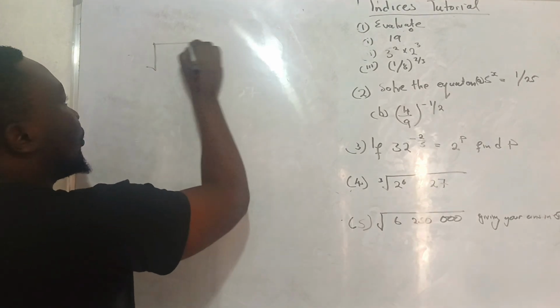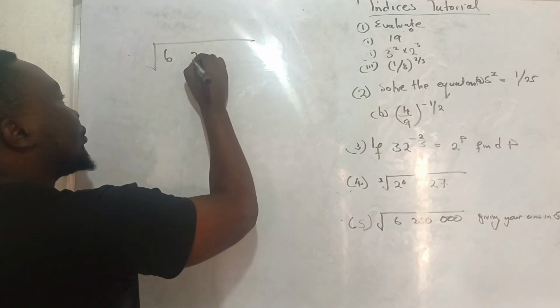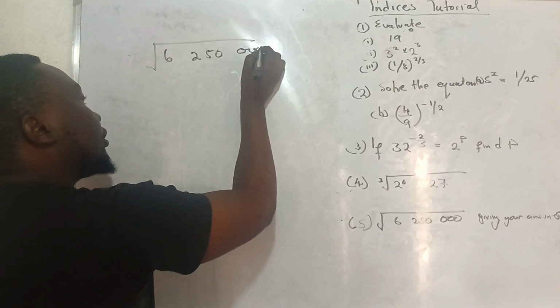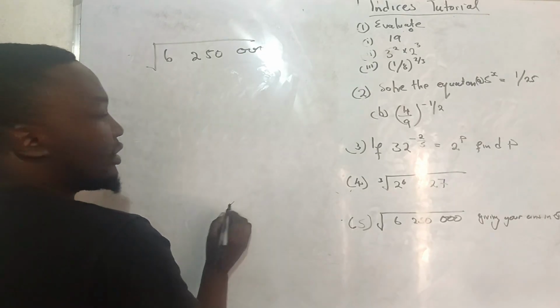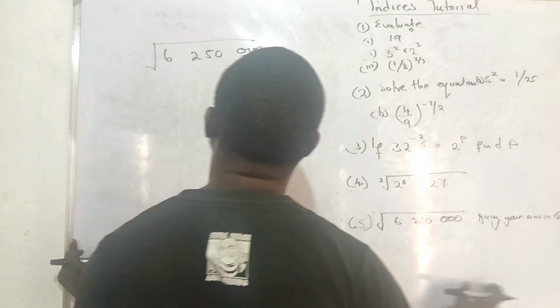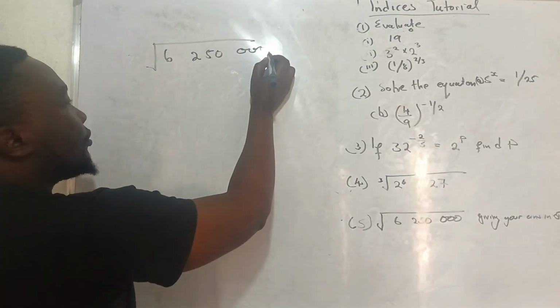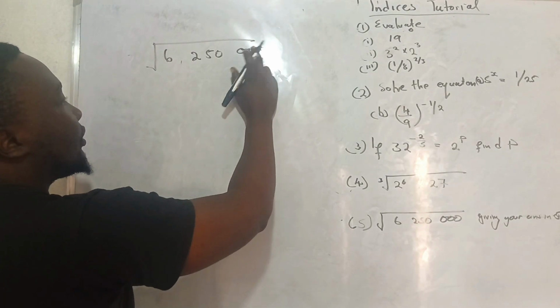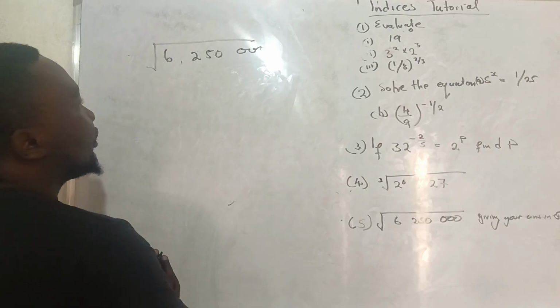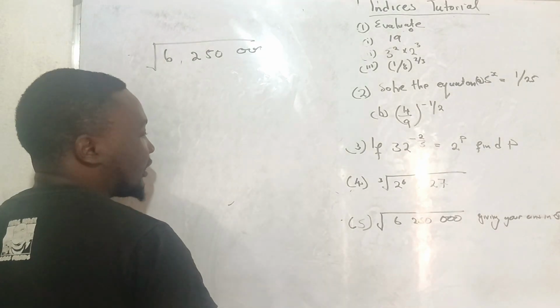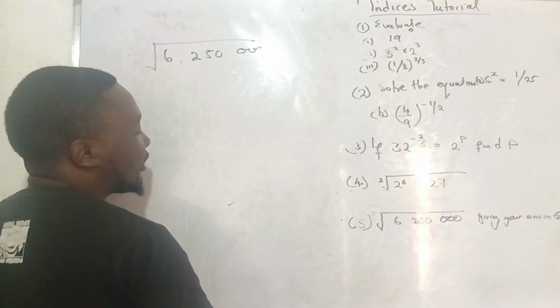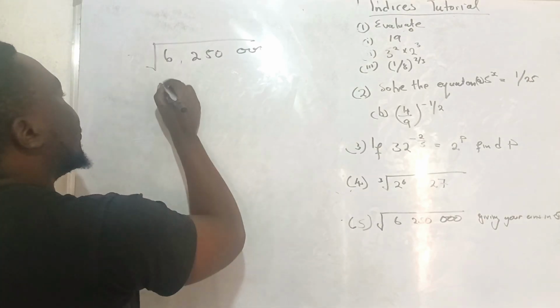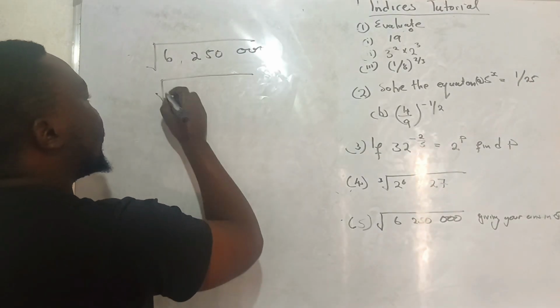So the square root of 6,250,000. In standard form, once again, if you answer in standard form, you want to move the comma from here to here. How many places are that? 1, 2, 3, 4, 5, 6. So that's 6 places that you need to move the comma. So you're going to have the square root of 6.25